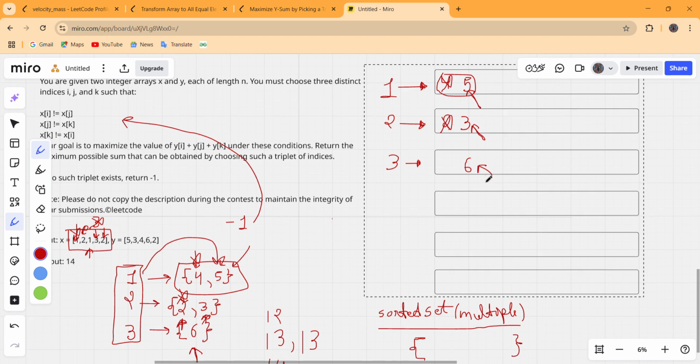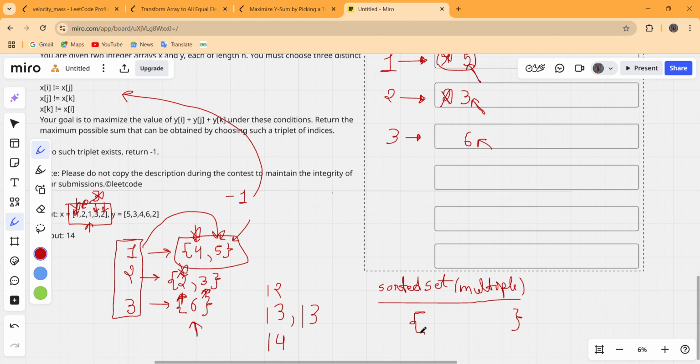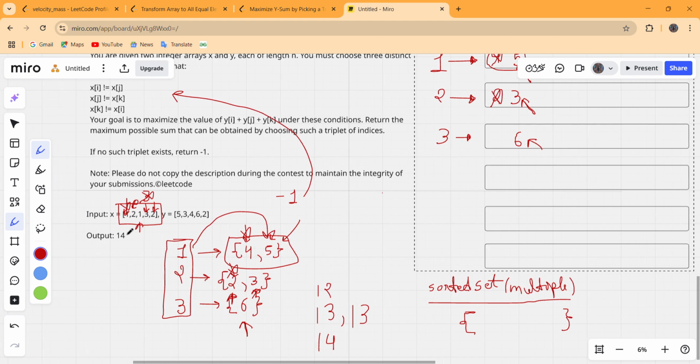And the reason behind creating an empty vector is this. Let us suppose it has 4 as an element, and corresponding to 4 there is value 7 in y, so this will create a key 4, and to this 4 the value 7 is pushed inside this multiset.